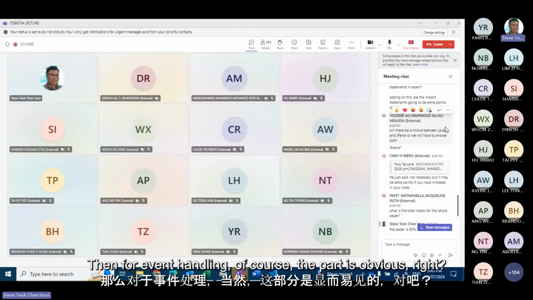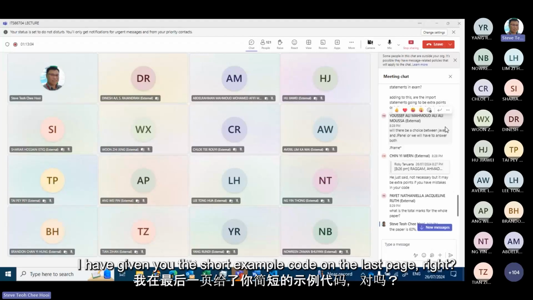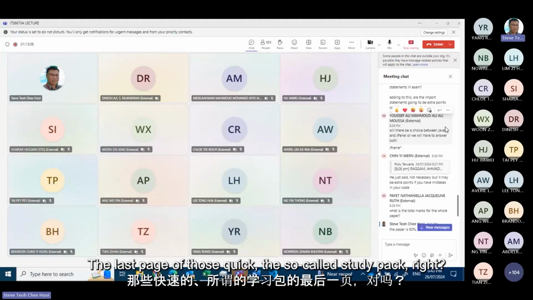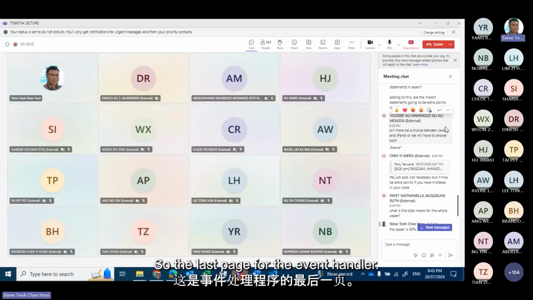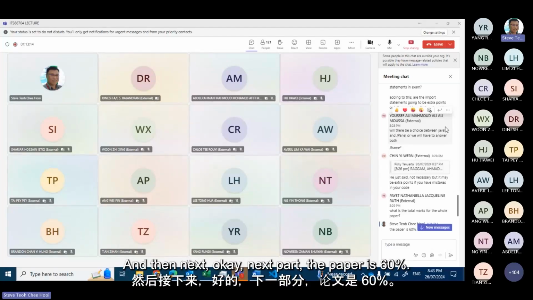Then for event handling, of course, the part is obvious, right? I have given you the short example code on the last page, right? The last page of the so-called study pack, right? So the last page for the event handler. And then next,